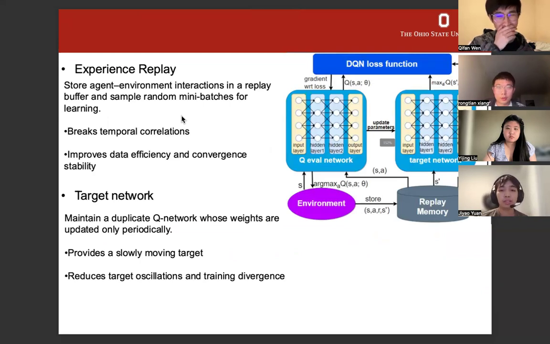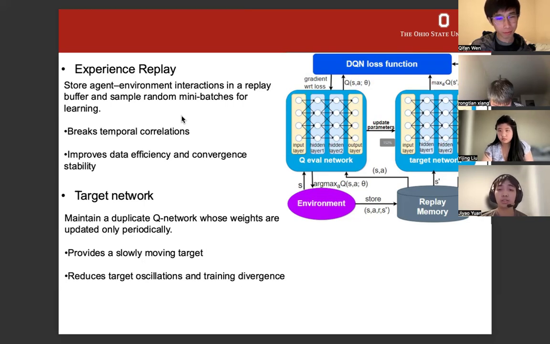DQN is a method that combines a neural network with Q-learning, because Q-learning suffers from the simultaneous presence of the data threads, and so it can't guarantee convergence and can even become unstable. To address this, DQN adds two key mechanisms compared to Q-learning.